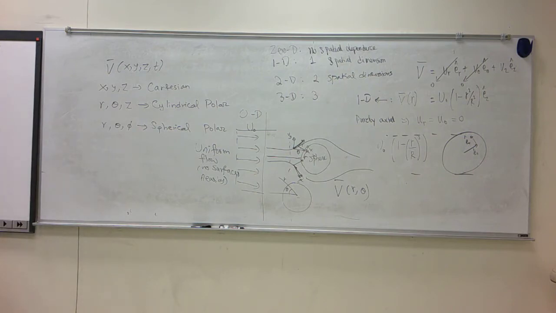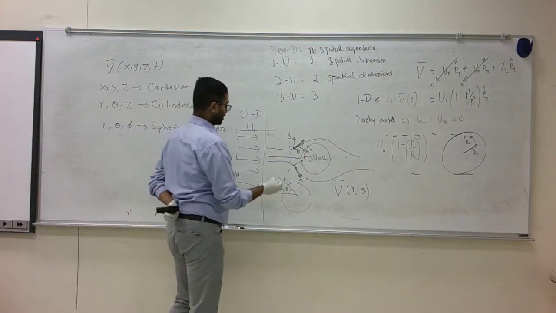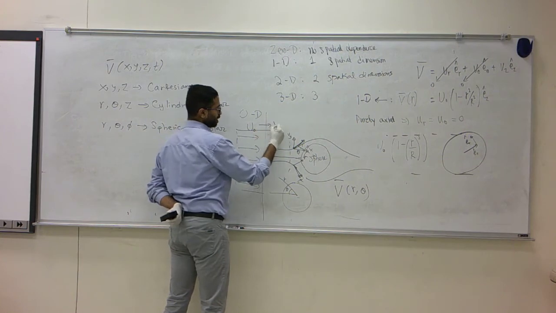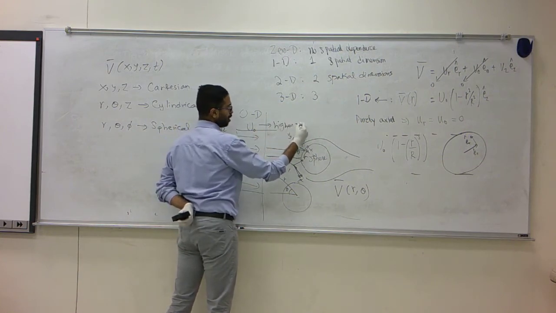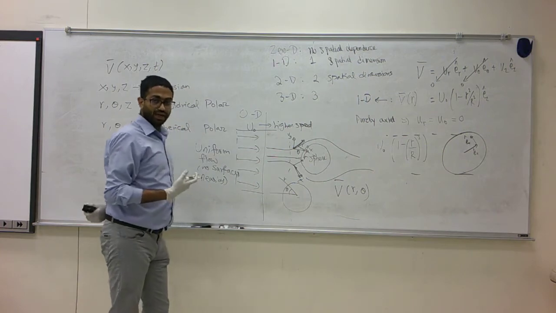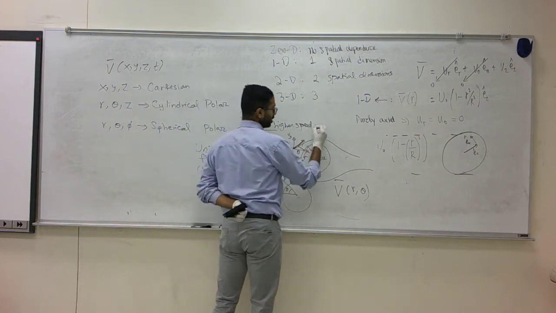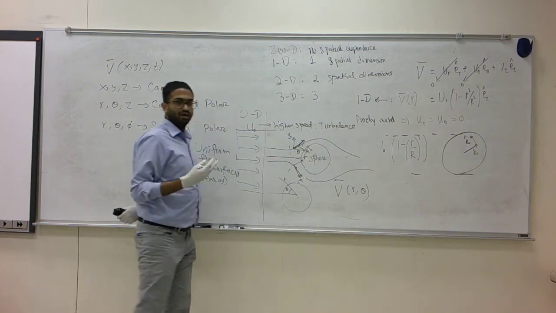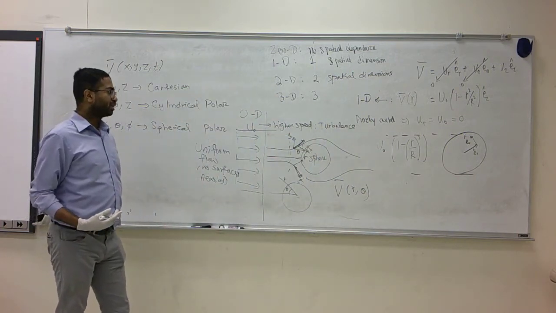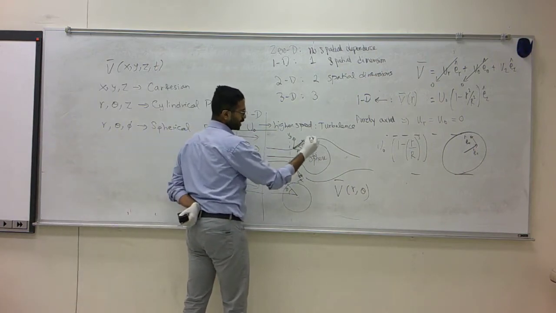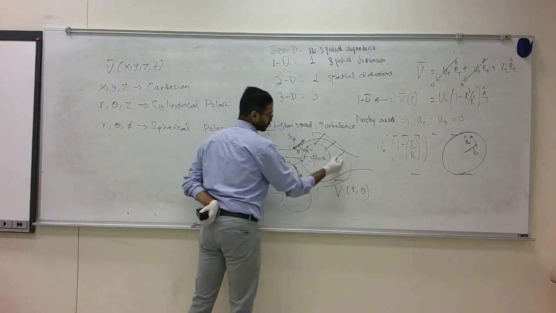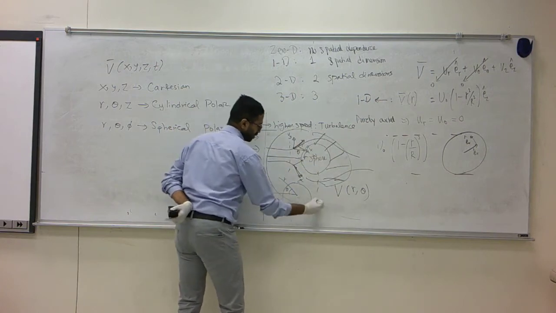You could also have flows that depend on all three spatial variables. Like for example, the same flow, if it takes place at higher speed, we'll see about this later in the course, but at higher speed you could have the formation or the creation of turbulence in the flow. Turbulence is random chaotic motion that varies from point to point. That is, turbulence is typically higher in the downstream region than in the upstream region.